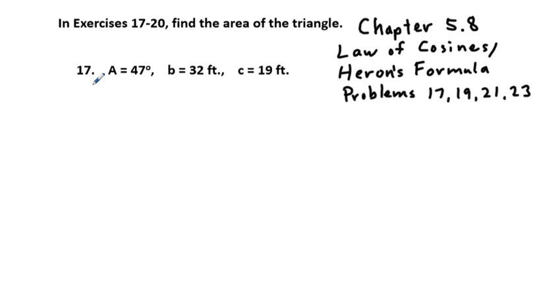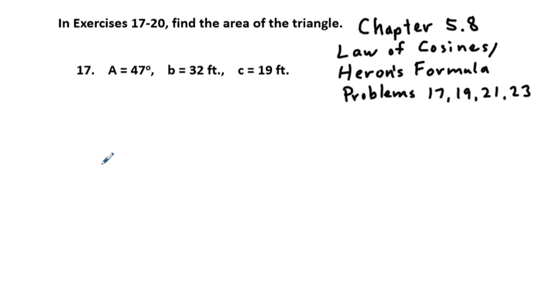Okay, chapter 5.8, which covers the law of cosines and Heron's formula. In this video lesson, we're going to look at the odd-numbered problems 17, 19, 21, and 23. I think on the worksheet there are a few more problems beyond that. But anyway, we have a situation where we're given an angle and two sides without a drawing for problem 17,